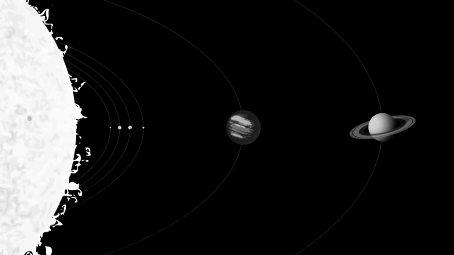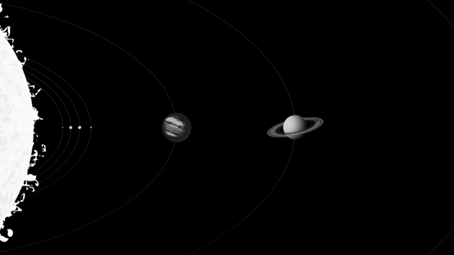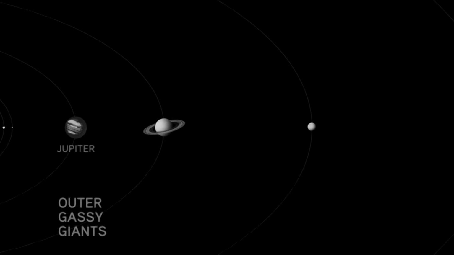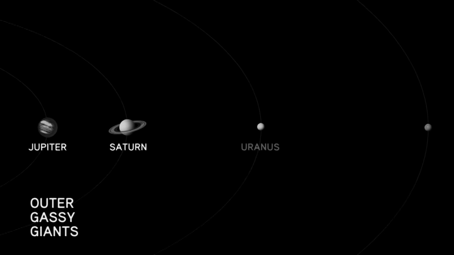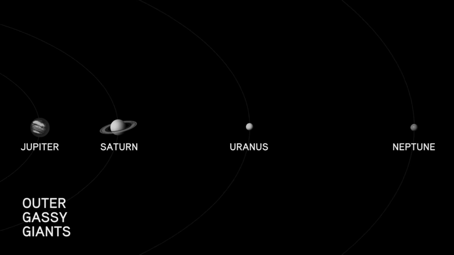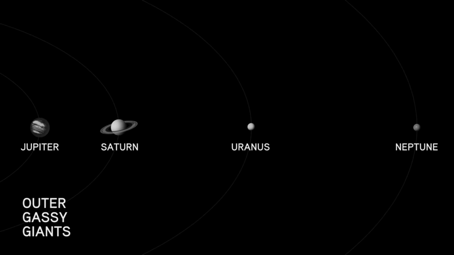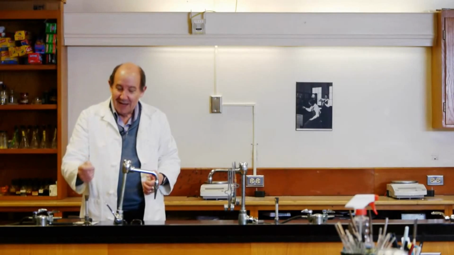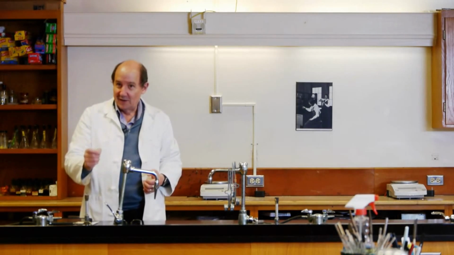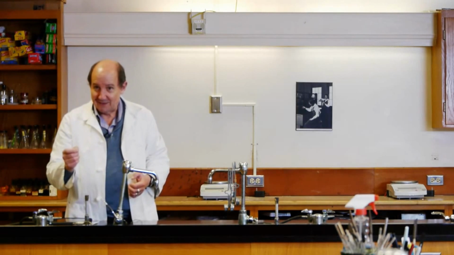And all that gassy material gathered further out in the solar system and eventually condensed to form the gassy giants. They are Jupiter, Saturn, Uranus, and Neptune. Now, they contained about 99% of the leftovers. So what we're left with is a tiny residue of a tiny residue to form the inner rocky planets, including